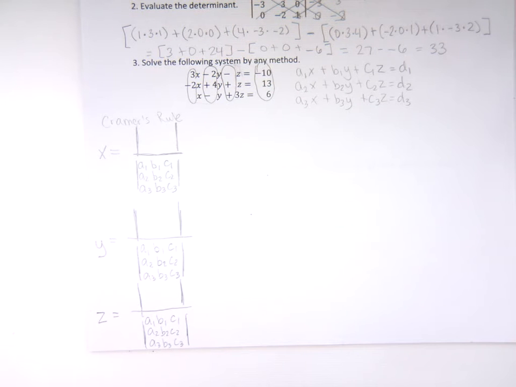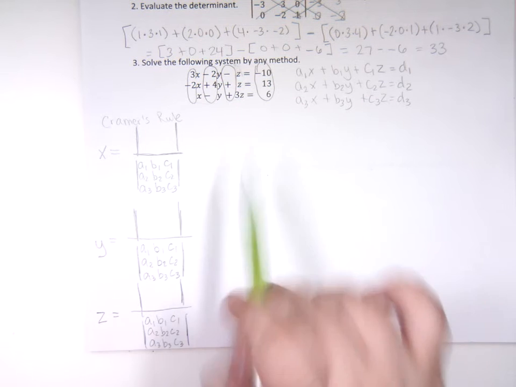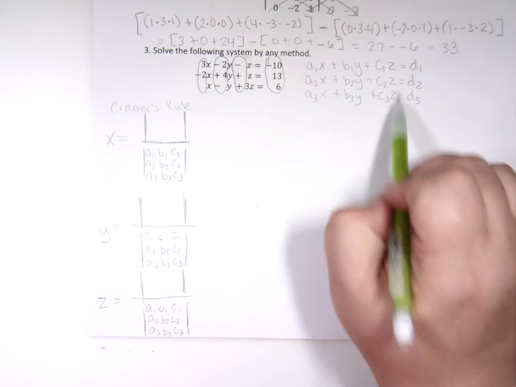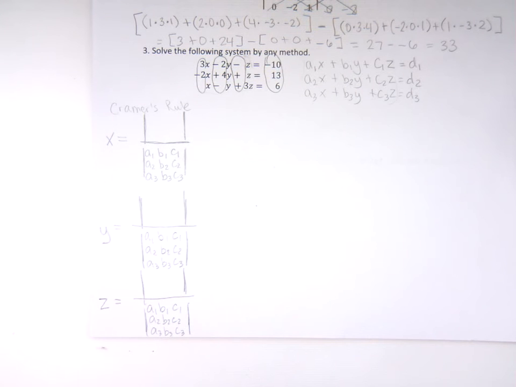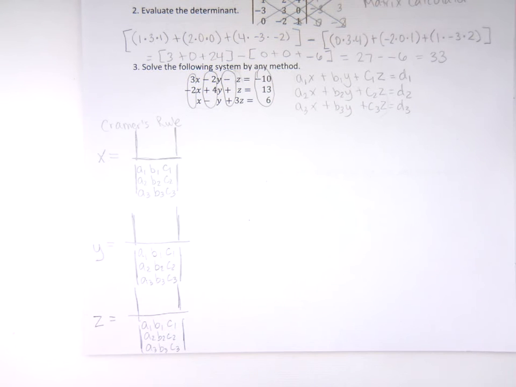Okay, so that's the bottom determinant. It's the same for all 3, and it's going to be all of the coefficients that come before the equal sign. Okay, so what about the top determinant? So when you're solving for x,